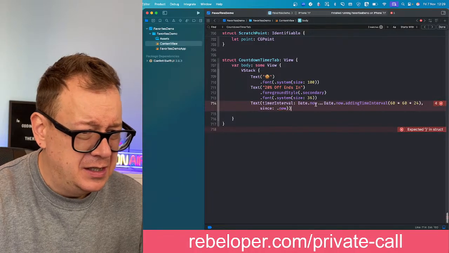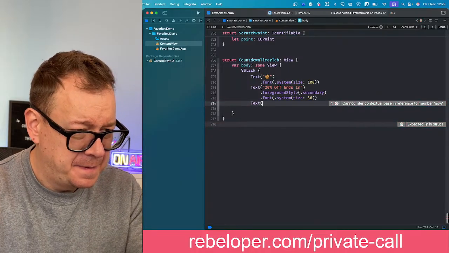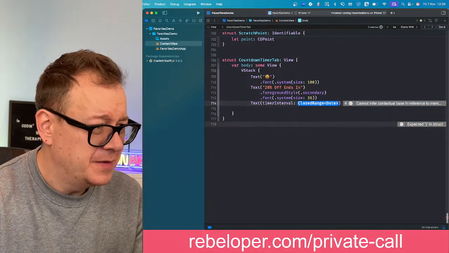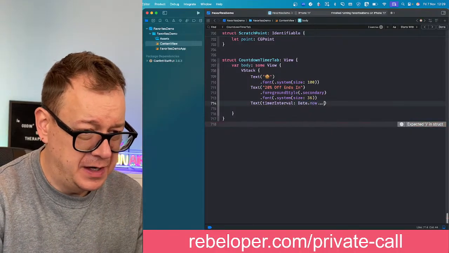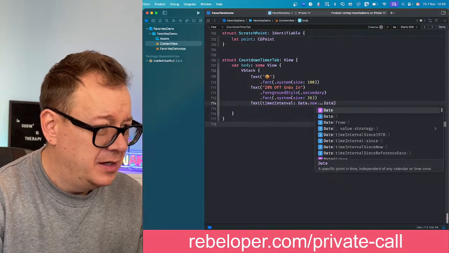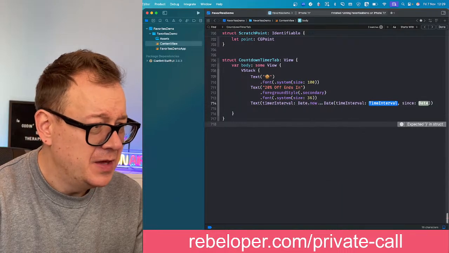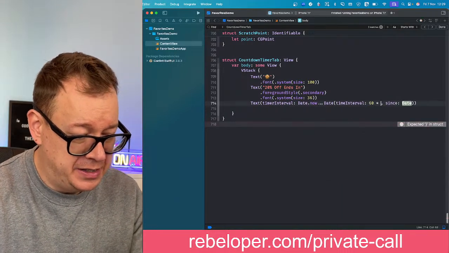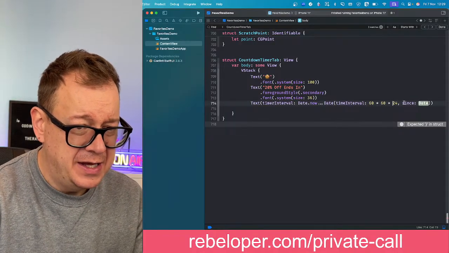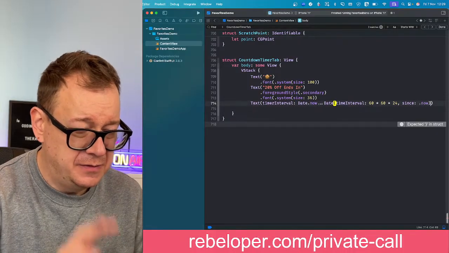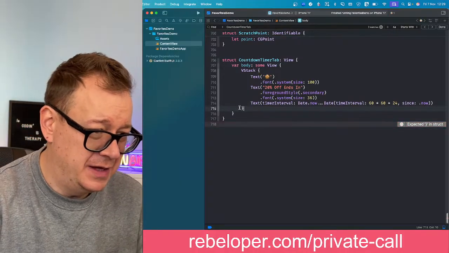So let's type it out again. So text with a time interval and then a closed range. Okay, we want to have a Date.now. There we go. And then Date with a time interval since. This one, time interval, and the time interval will be 60 multiplied by 60 and multiplied by 24, so that's 24 hours, and since .now. Everything should be fine at this point. Oh, I think we deleted also that parenthesis. Okay,